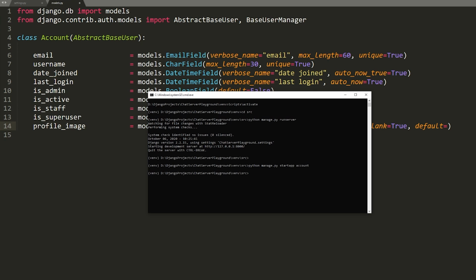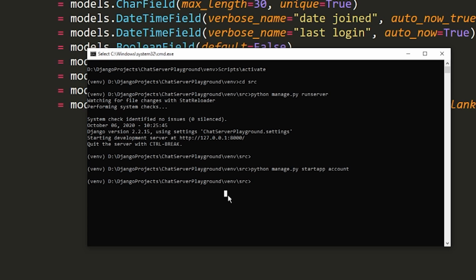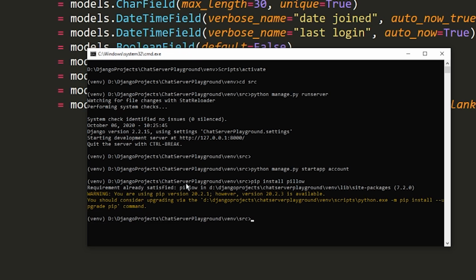Well, this image field is actually part of a package known as Pillow. So I'm going to do pip install Pillow. And that should allow us to use an image field. Looks like the requirement is already satisfied for me, since obviously I've already built this project, but that shouldn't be